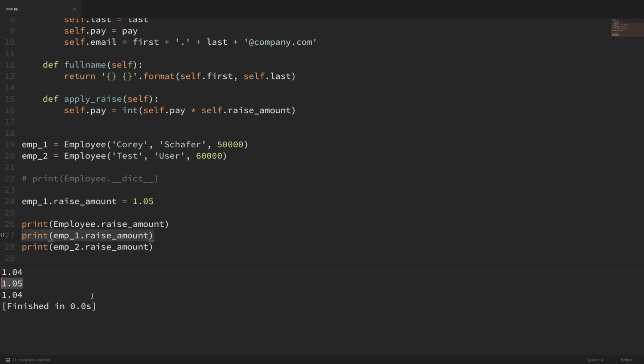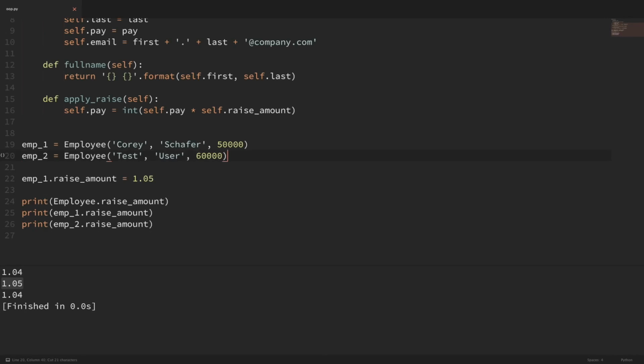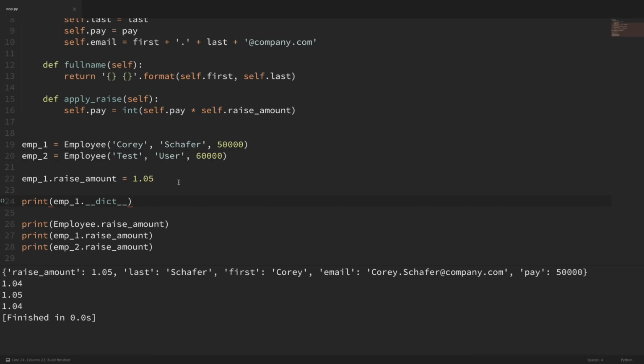Well, when we made this assignment, it actually created the RaiseAmount attribute within employee1. So if I go back up here and print out employee1's namespace under the assignment and run that, you can see that employee1 has RaiseAmount within its namespace equal to 5%. It finds this within its own namespace and returns that value before going and searching the class. And we didn't set that RaiseAmount on employee2, so that still falls back to the class's value.